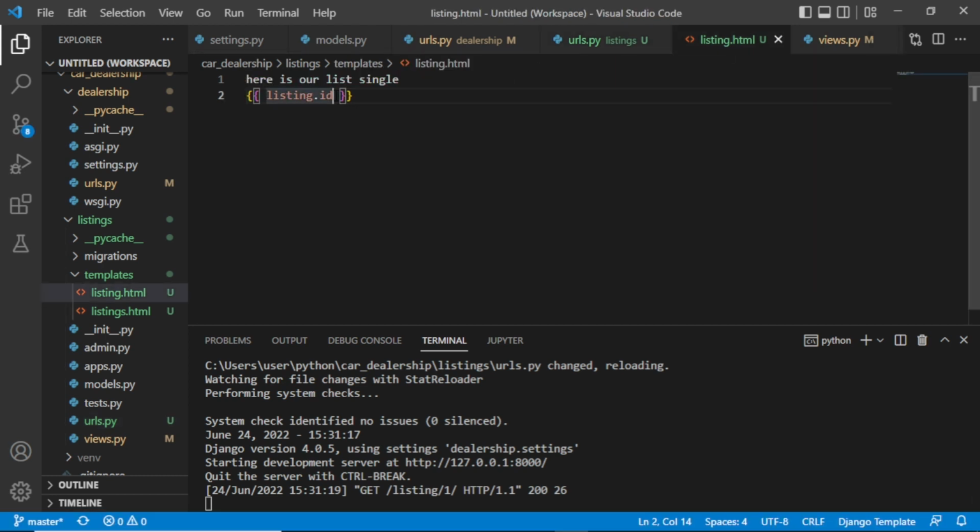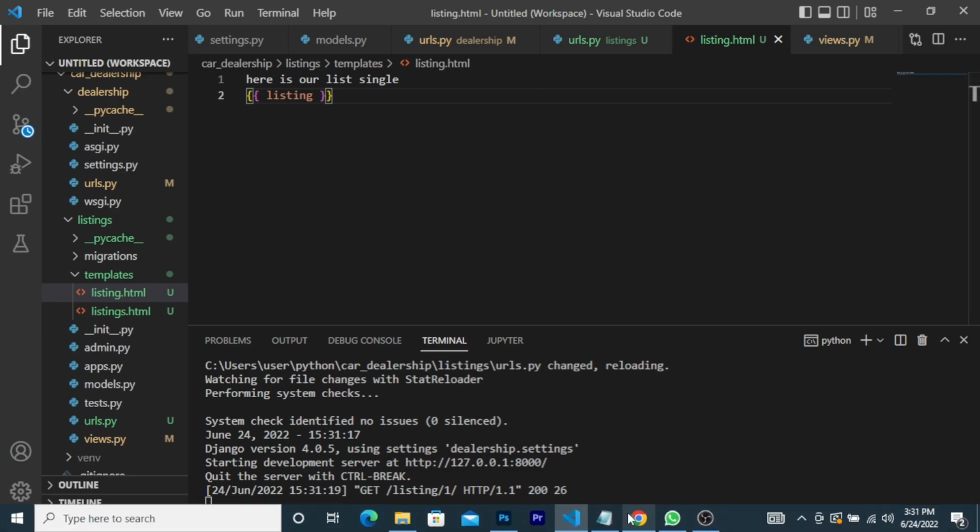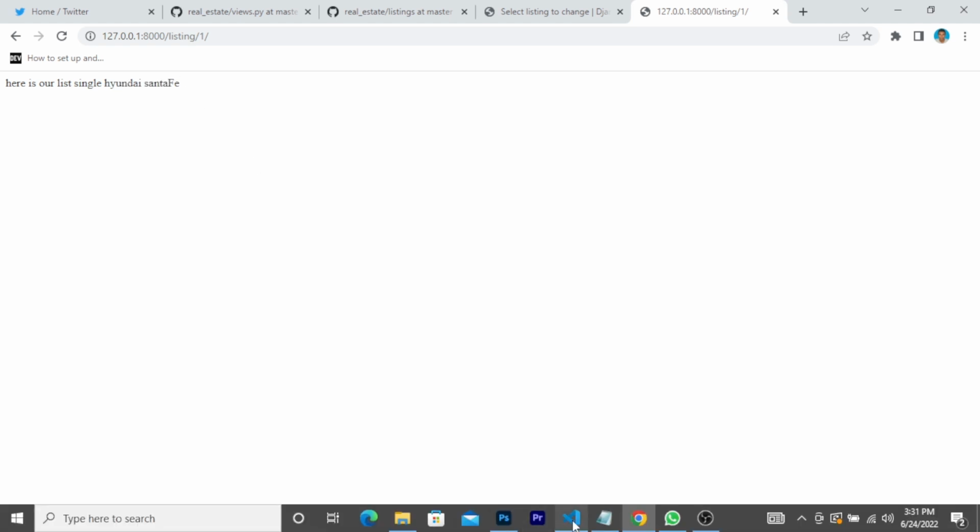So instead of putting .id, we just needed to add the listing here. Now you can see that we have the Santa Fe here. Okay, we have the particular car here. Now we just need to